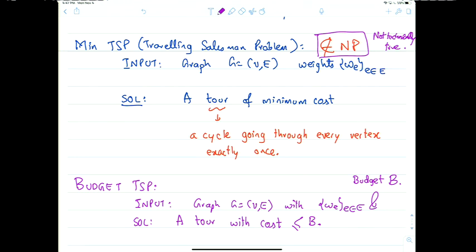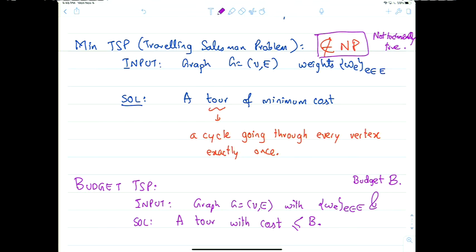Right. So the question was, how would you vary the budget if the budget is an arbitrary real number? I think the basic idea is to do binary search. So you start with 2 to the n squared or whatever value, and then you do a binary search. And of course, there are issues with the weights being real numbers, and what precision you want, and so on. We'll sort of push it under the rug now. But basically, the point is that you're doing binary search on